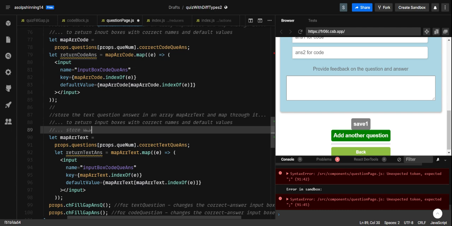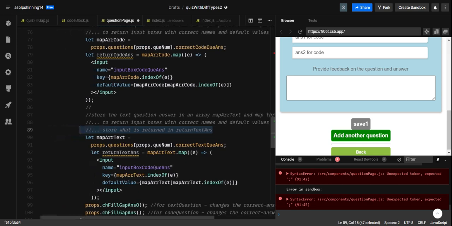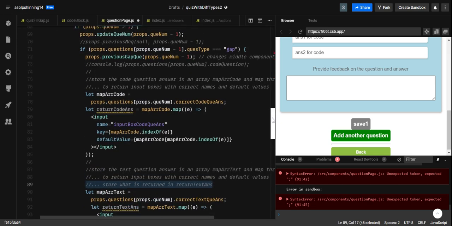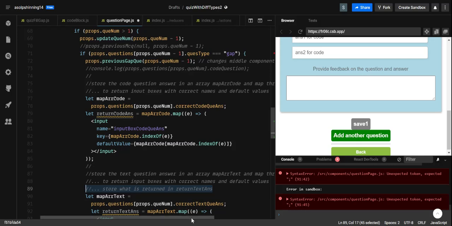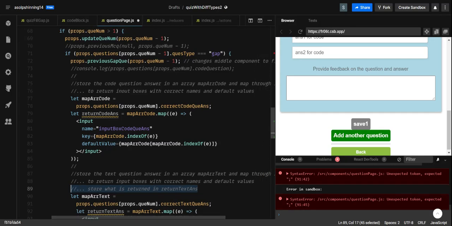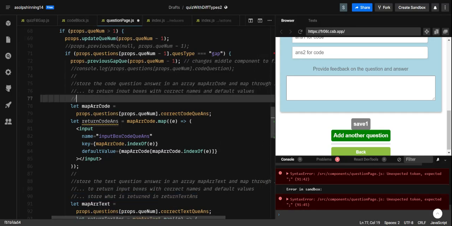So what is returned in a return text answer. This one should be store what is returned in return code answer. Just so I get into that habit now. It's very bad not to be documenting. If it's a short piece of work it would have been better, but for this kind of work,